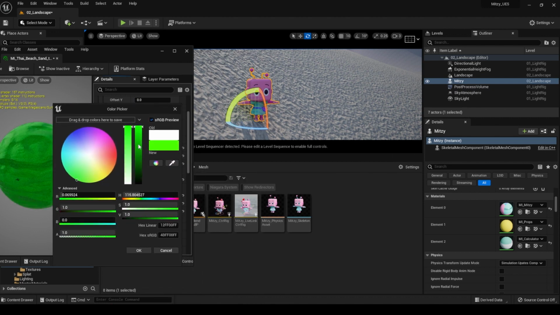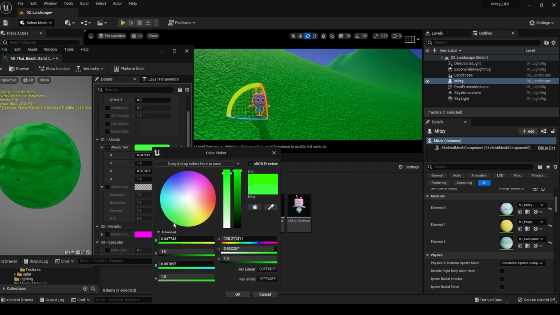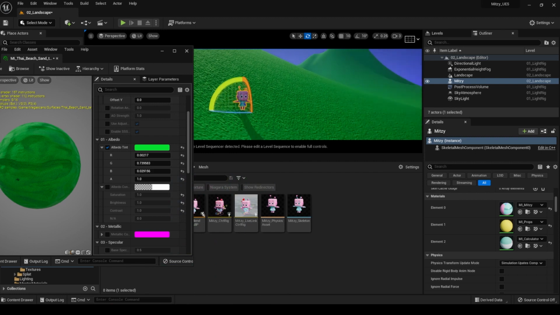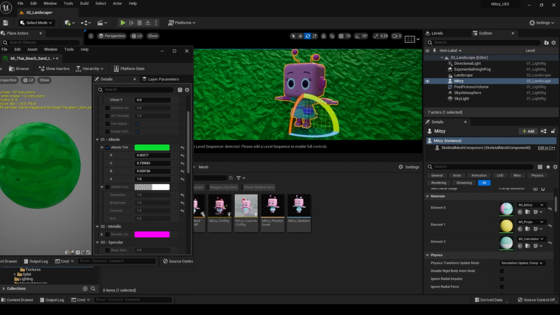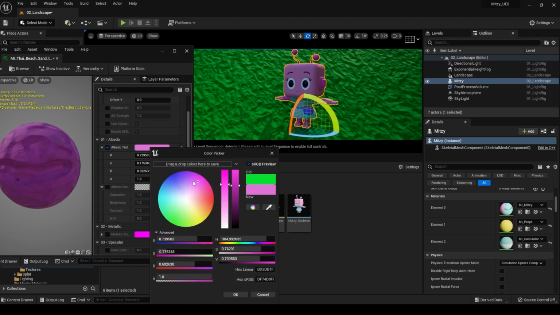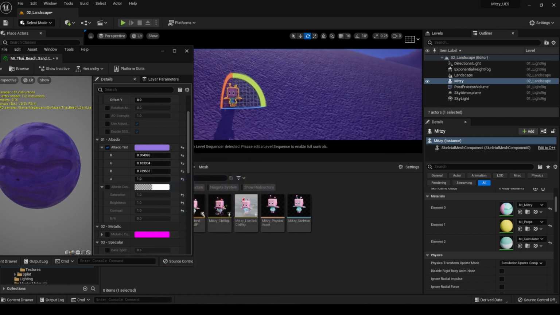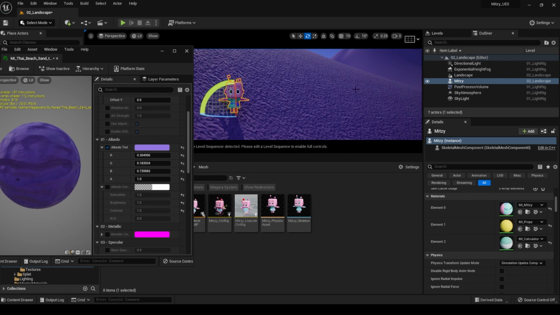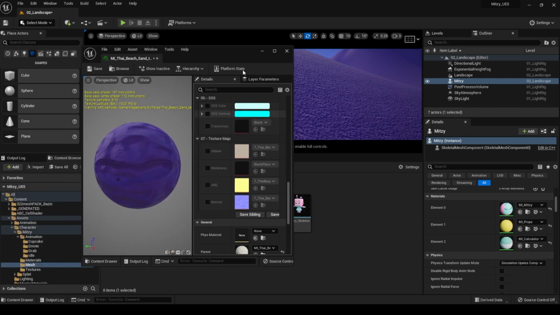So in my video, I do have a daytime and a nighttime of the world, and I actually had different colors on the ground. So during the day, I do have a green color that I kind of picked to kind of look like, I don't know, grass. And then the nighttime one, since everything's really pink and purple, I had kind of like a purple color, but you can go through and set whatever color you want. So it's really cool that you can kind of then tweak these materials a bit further for what you're trying to do. So let's leave that as purple